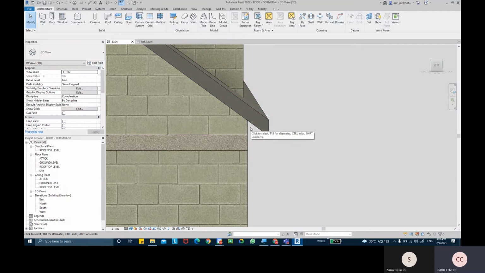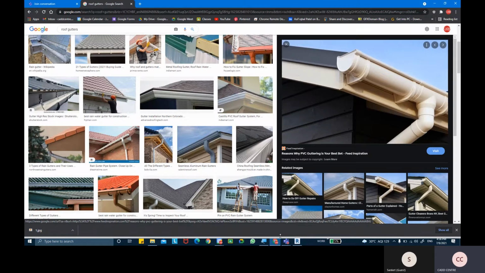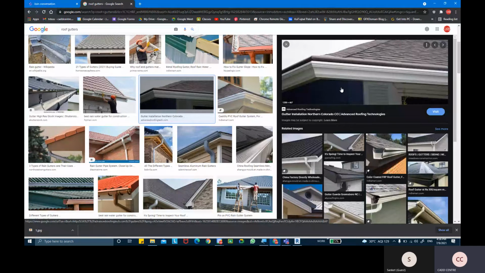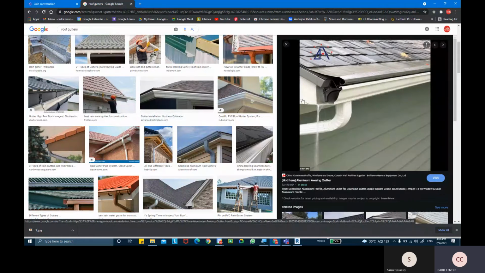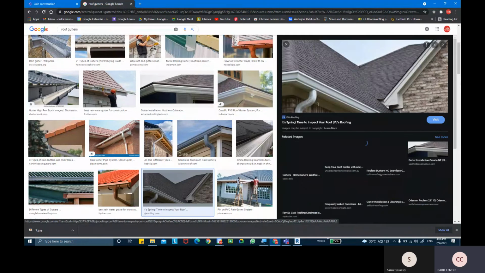If the roof is offset, generally we always create a soffit underneath that roof. So if you see, all of these roofs have a soffit at the bottom because it's extended and not very close to the walls. You can clearly see over here.